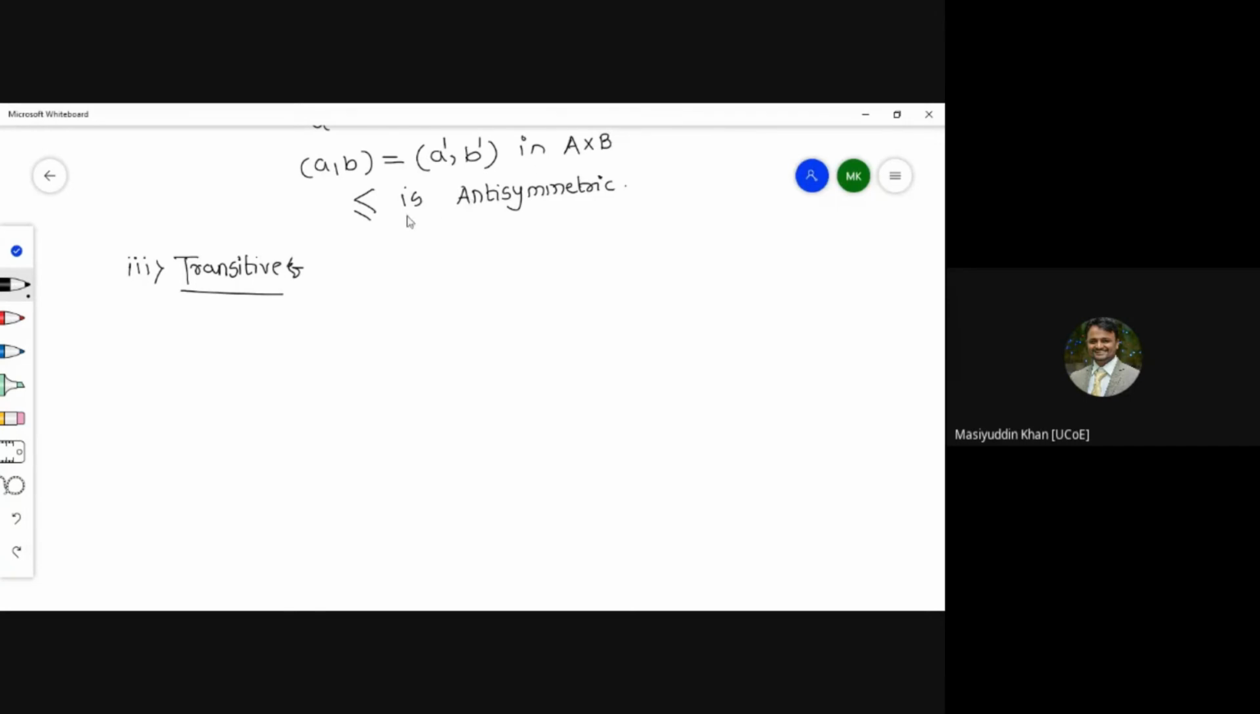Now transitive: A related to B, B related to C, therefore A related to C. This is the basic definition of transitive. But here we are to represent by (A, B) and (A', B'). So one by one I'm just representing this part for a transitive: (A, B), (A', B'),